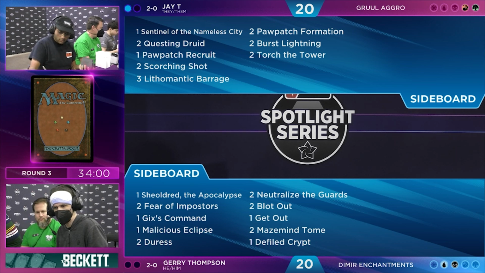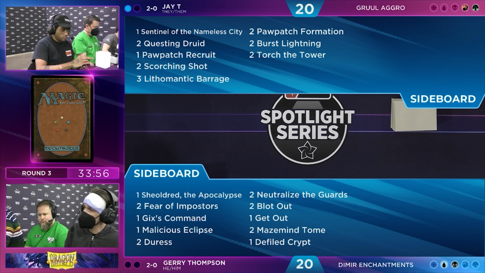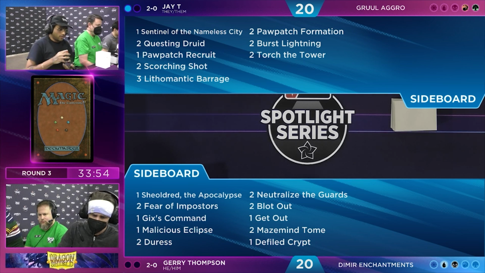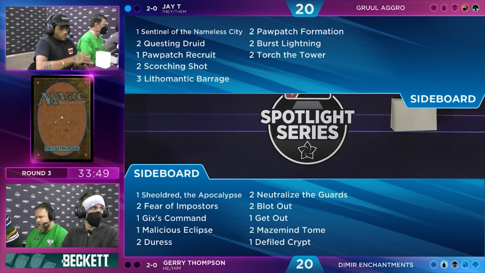Yeah, there is also a consideration for Paw Patch Formation. We kind of just assume it's the go-to kill a flyer card, but it can also deal with the enchantments. So the Nowhere to Runs that were keeping him at bay for a little bit, that could be annoying enough to bring those in, but...